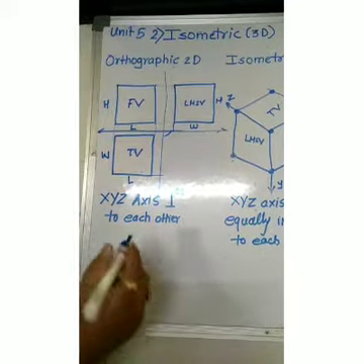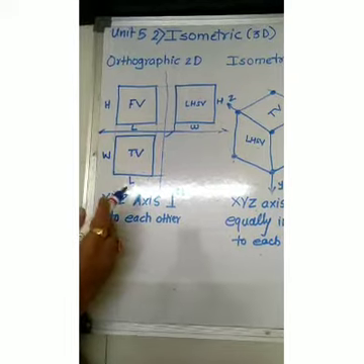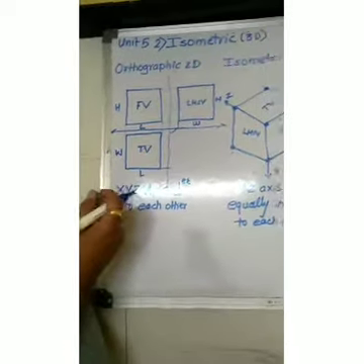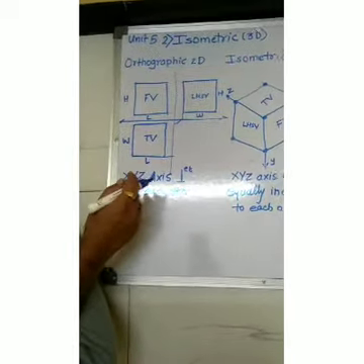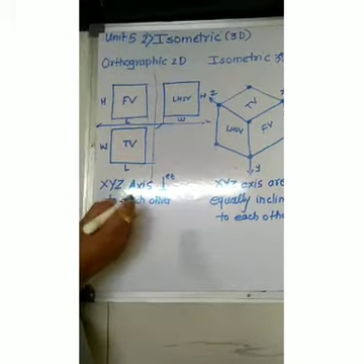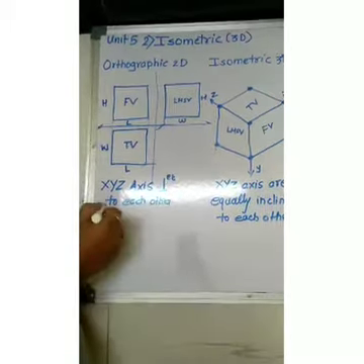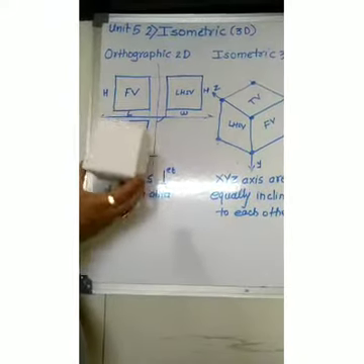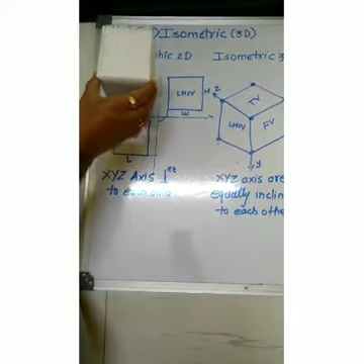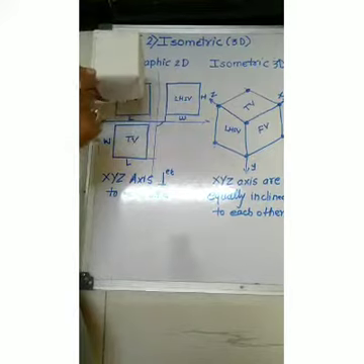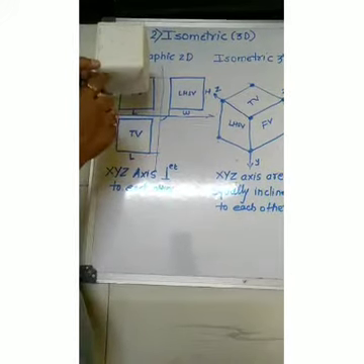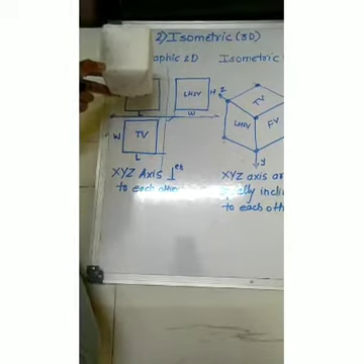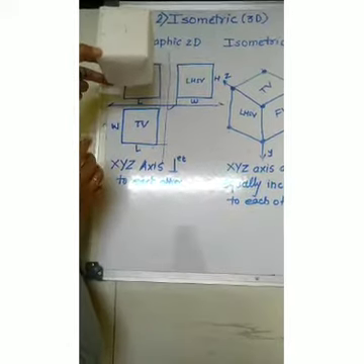Why? Because in this case we are considering all three axes, that is length, x-axis, height, y-axis, and z, that is the width axis. All three axes are mutually perpendicular to each other in this case. For example, I have one cube over here, observing this cube from the front direction. As we are keeping all three axes, x, y and z, mutually perpendicular to each other, you will have to keep all three axes mutually perpendicular.